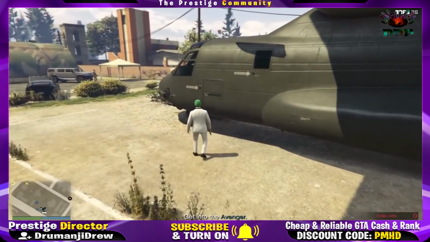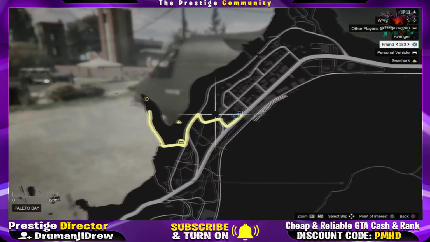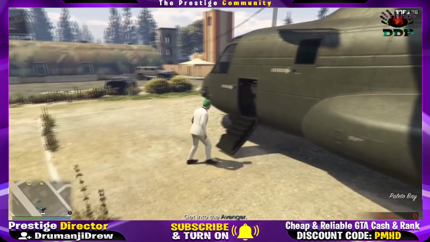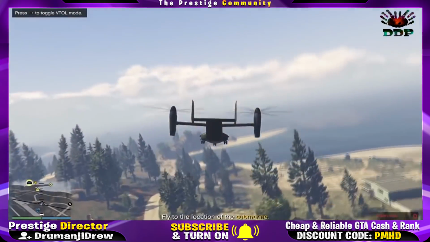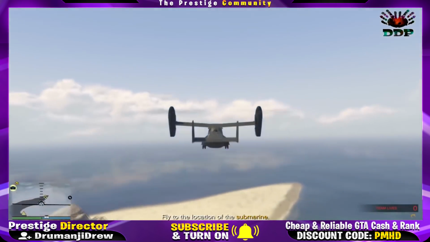The Night Shark will then appear on the map at the bottom left hand side of the screen. Where the Night Shark is, you're going to go ahead and park the Avenger on the little island. Now, some may ask why you're using a Night Shark, but by doing this method, it causes all the buzzards that would normally be attacking the Avenger to glitch